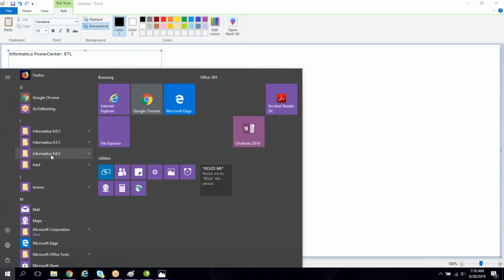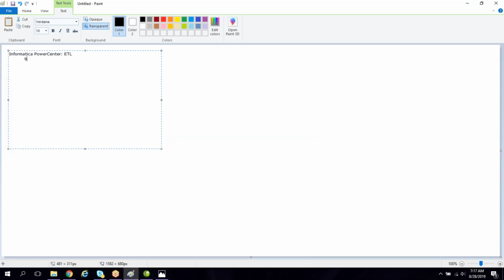If you are attending an interview and anyone asks which version of Informatica you are working on, you can say 9.6. In your current project, it is the 9.6 version. Previous to 9.6, we have 9.5, 9.0, 9. Before that, we have 8.6. Like this, we have multiple versions. So if anyone asks which version of Informatica you're working on, you can say 9.6.